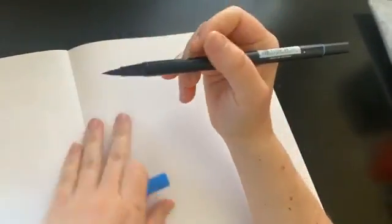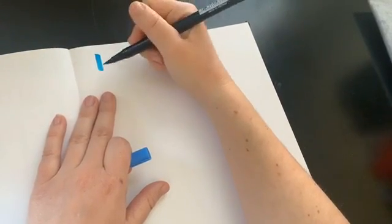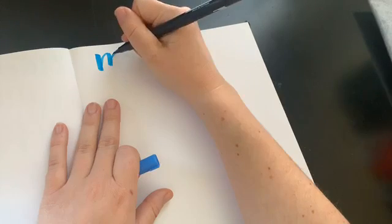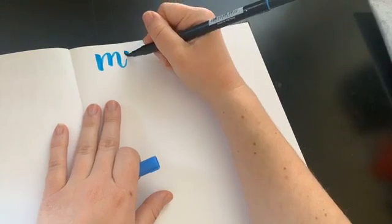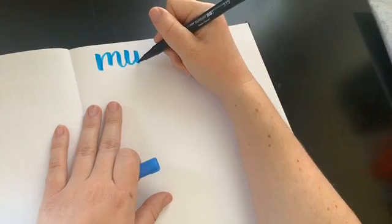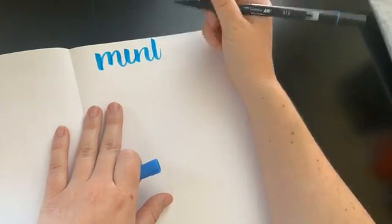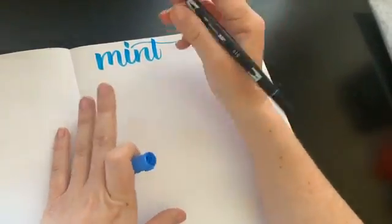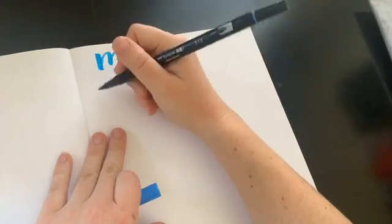Good. So practicing a word that you already practiced earlier, let's do mint. So we're pressing down, you'll see it makes a little bit of a noise, that's okay. You're gonna do a thin up, thick down. Thin up, thick down. Now these ones are a little bit harder to control than your Crayola. They're really flexible, which is good as you get going because you can go from thick to thin really easily. But again, they're very flexible, which makes them really hard to control. So as you practice a lot, getting these ones means that you have really good control over your hand. So we just did mint. You can start to use this to do